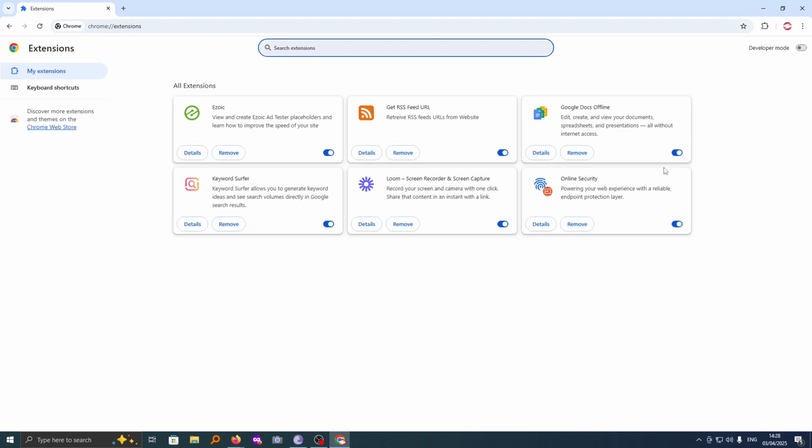Now, one of the reasons why your Google Chrome browser might be vulnerable is because of the running extensions. Some of them might be running in the background and in the process install malware on your browser or your computer. So you may want to go ahead and identify if you have any extensions that you don't use and then go ahead and remove them. Alternatively, if you know these extensions and you want to keep them, you can just go ahead and turn them off